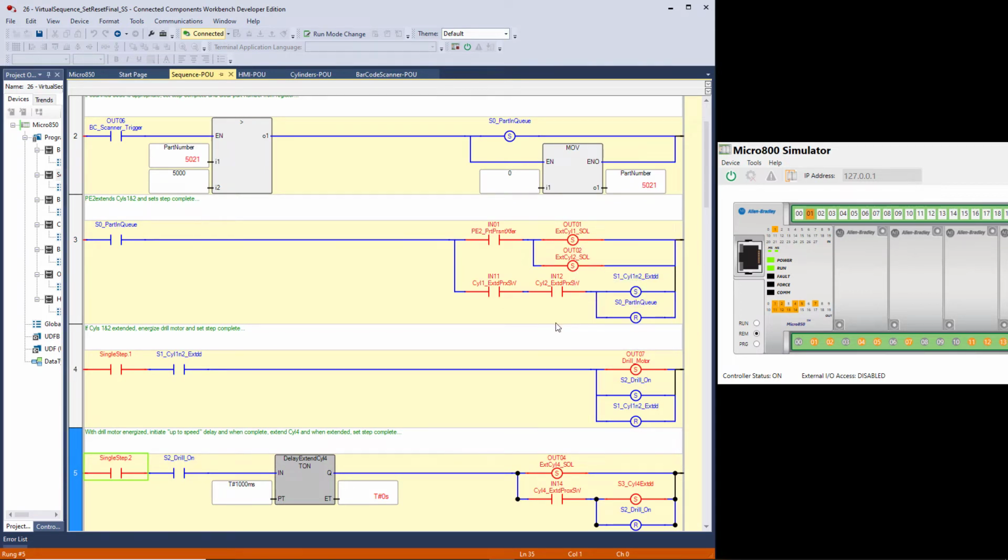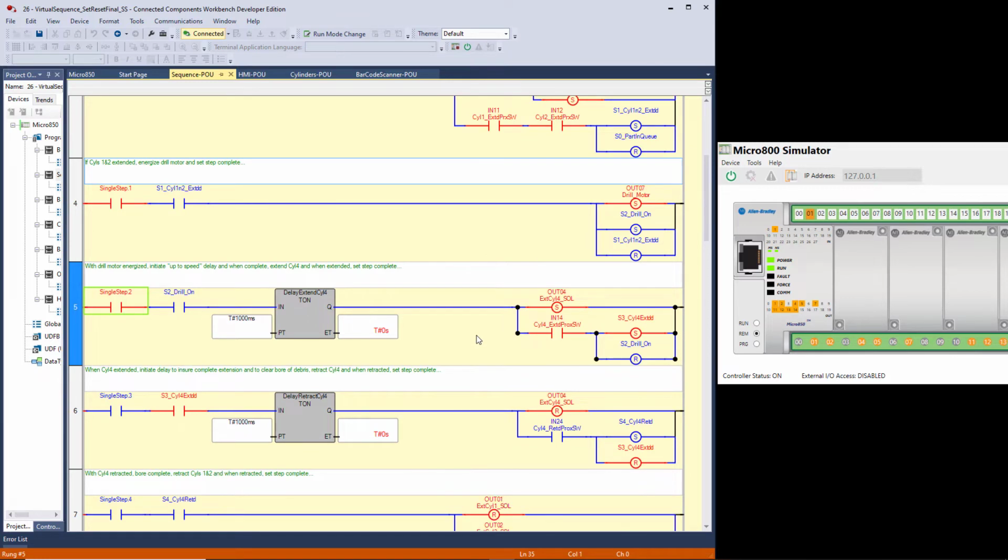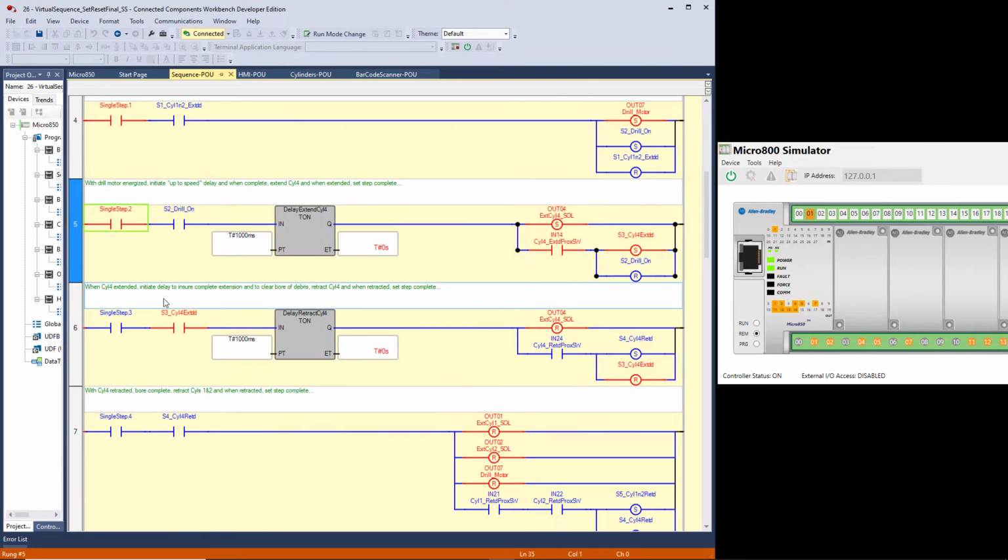Remember, these are single solenoids. So if output 1 and 2 are on, the cylinders are extended. So let's move back down here. Now what we're doing is when cylinder 4 is extended, we start a delay of 1 second. And the reason we do that is so that the bit can continue to turn in the bore and clean